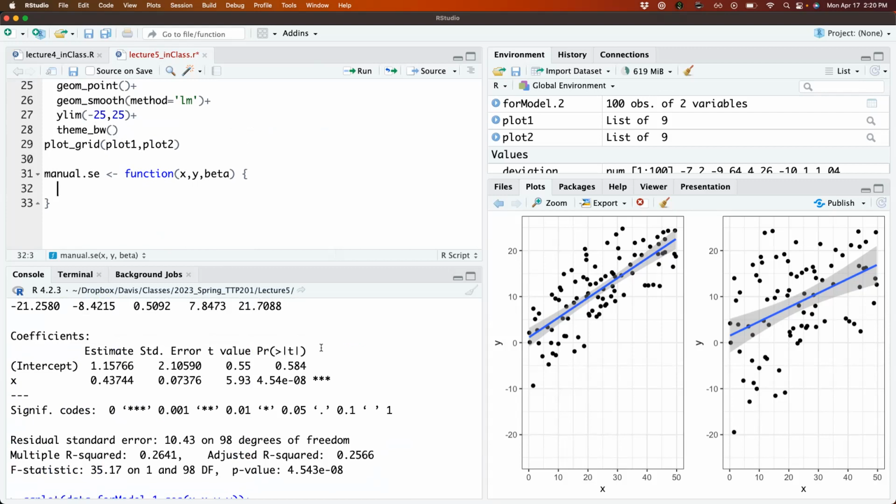But we'll just create this function for now, and we'll see what happens. So I know I said you didn't need to memorize this, but